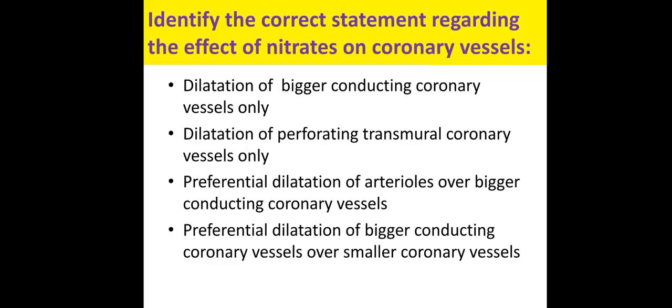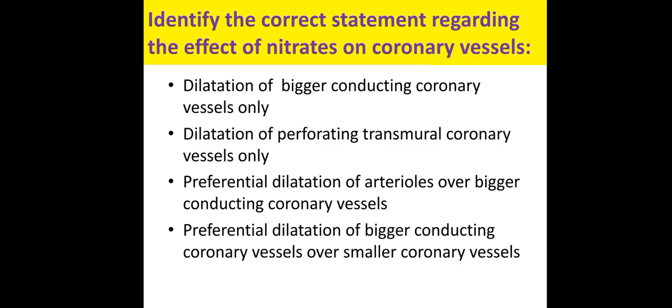Yes, this is a very important question. Identify the correct statement. You all know that nitrate is a very important drug because it causes a selective coronary redistribution. Selective coronary redistribution means it will dilate the bigger and geographically visible epicardial coronary vessels. Okay, it is having a least effect on the intramural, intramyocardial and perforating branches. And you all know that ischemia is a potent vasodilator. So because of the dilatation of the bigger epicardial coronary vessels, the blood flow is selectively distributed